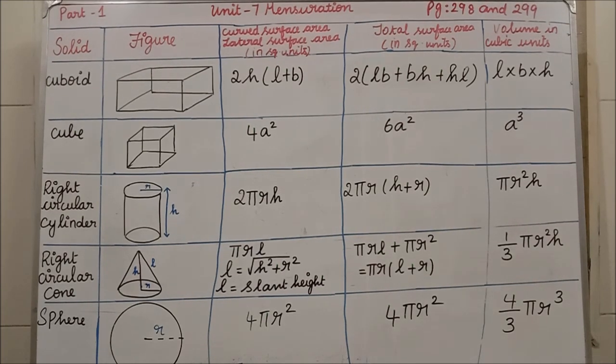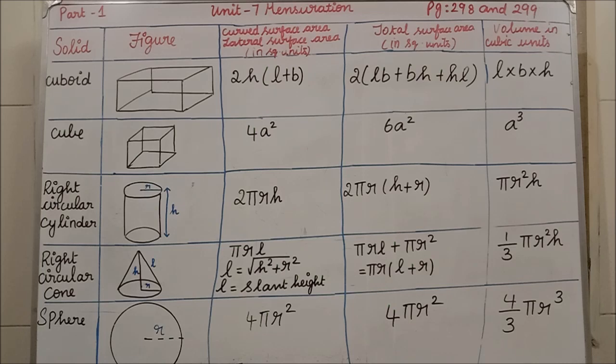See, I have written up to the formula sphere. Still you are having the formula for hemisphere, hollow cylinder, hollow sphere, hollow hemisphere, frustum of right circular cone. Okay, still you are having 5 formulas. That all the 5 formulas you are going to copy by yourself from your book. Clear now? Now we'll see the formula first.